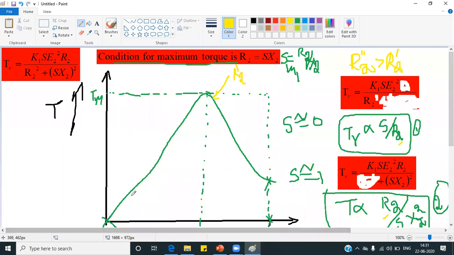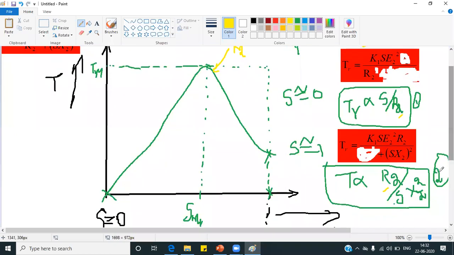This curve, which I have already drawn, is for R2 dash. Let's say R2 dash is 1 ohm or 10 ohms. Now R2 double dash is definitely greater than R2 dash. Then how will the curve be? Now see, in the second equation, for slip nearer to 1, torque is proportional to R2. That means here R2 double dash, the yellow line,